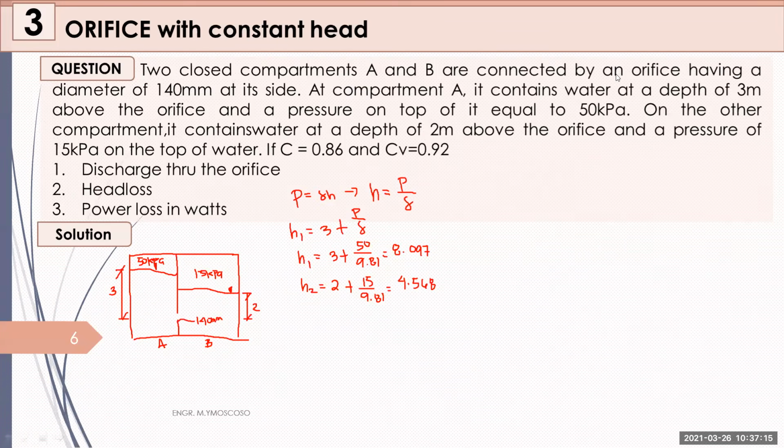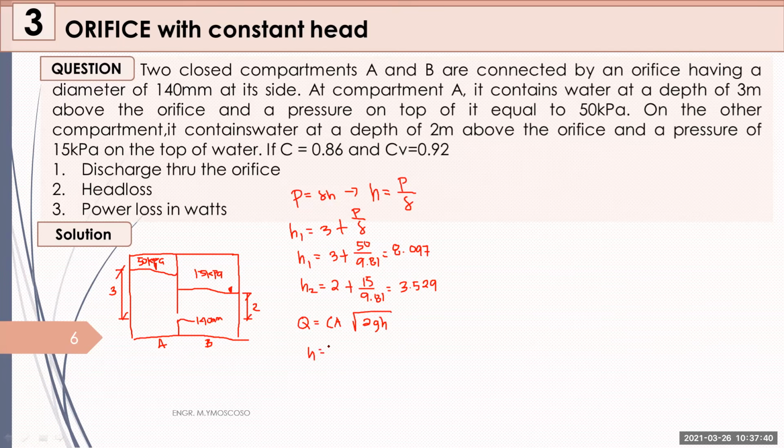Okay, I think the value is wrong for H2. Sige nga, pag-confirm kung mali nga talaga. I think the value for H2 would be 3.529. Okay, so for your discharge formula, you will have Q is equal to CA square root of 2GH,